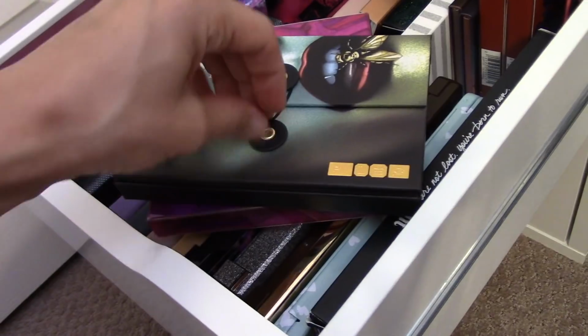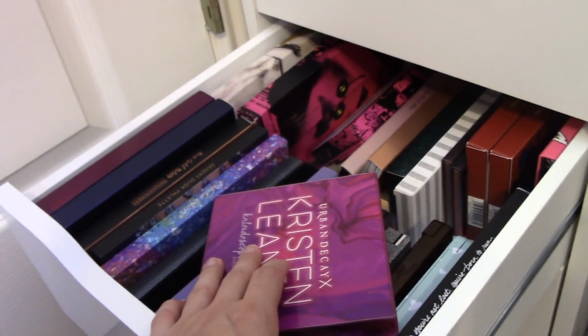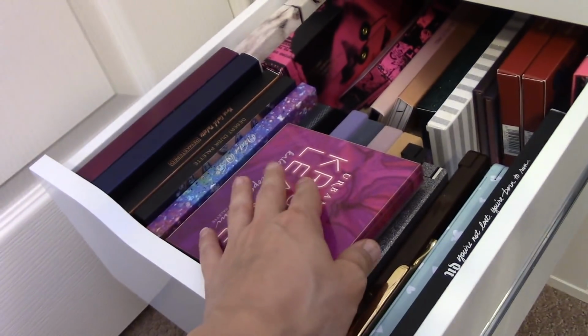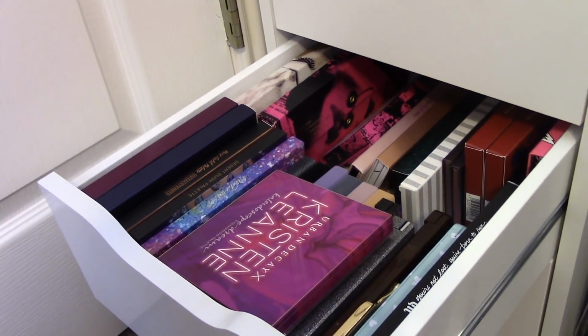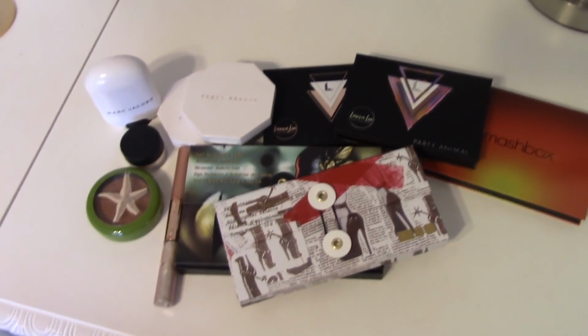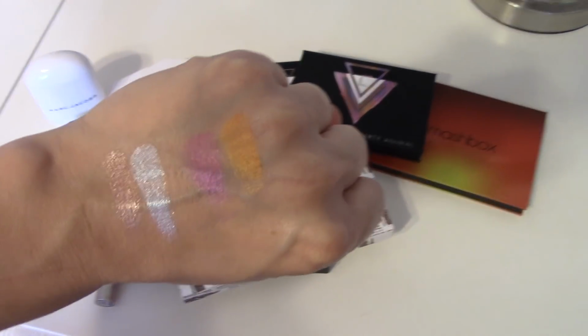Obviously it has like 6 shades in there. I don't need to close that up. But that being said, we will get our mattes over from the desk. So let me put all this stuff over at the desk and then we'll pick the rest of the stuff out. Okay, my friends, so real quick before I take you into what's on the desk, these are the swatches